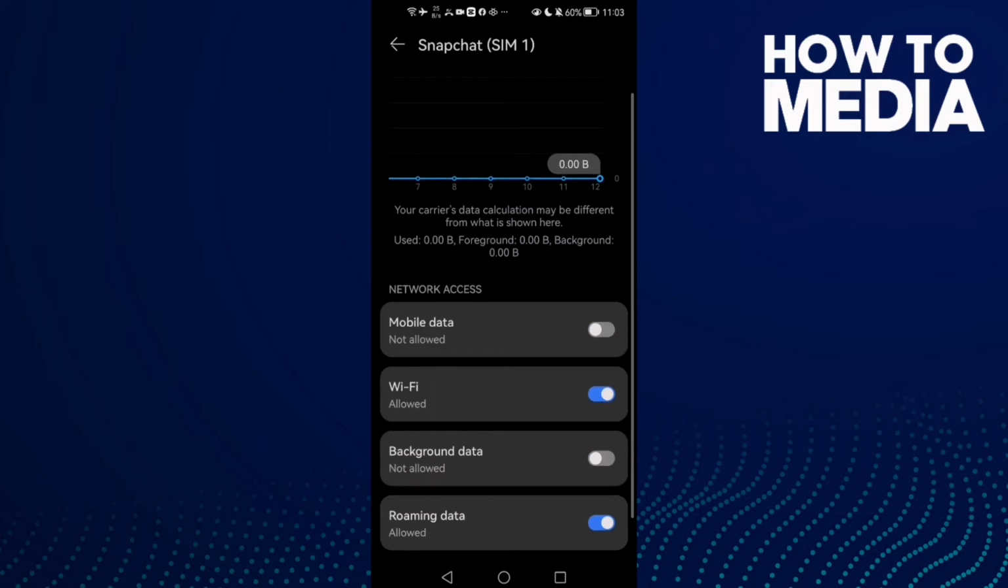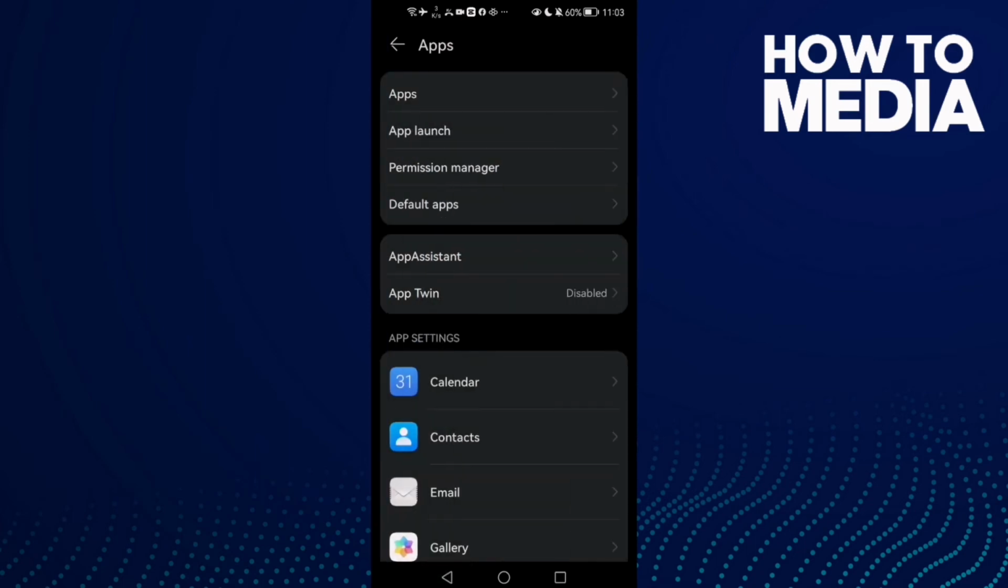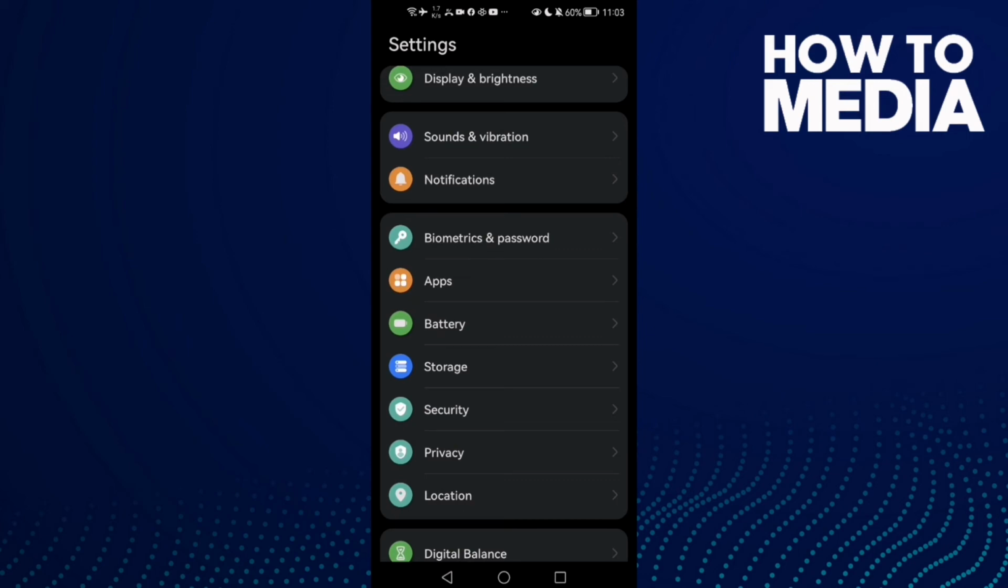You will find it like that, not allowed, and then just allow it and go back. Now just go back, restart your phone and try again, and if that doesn't fix your problem, just go to